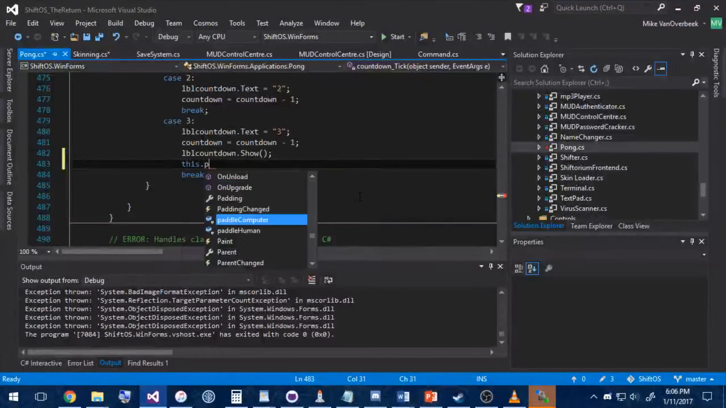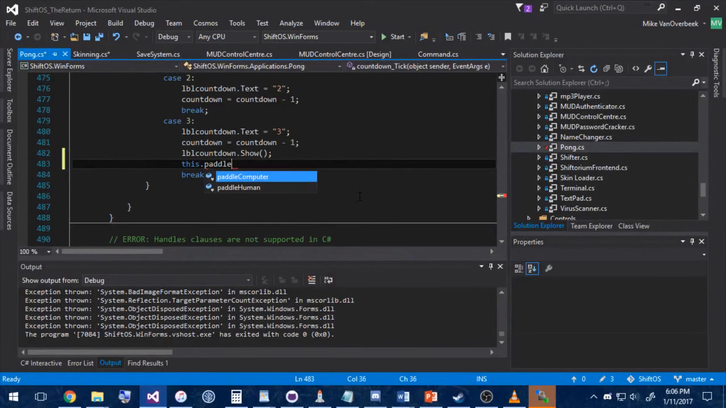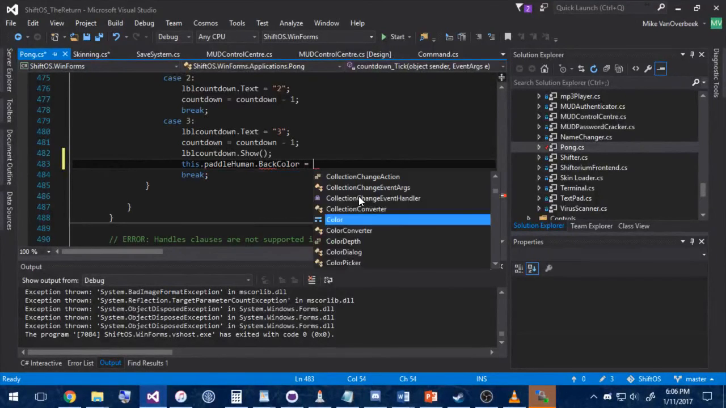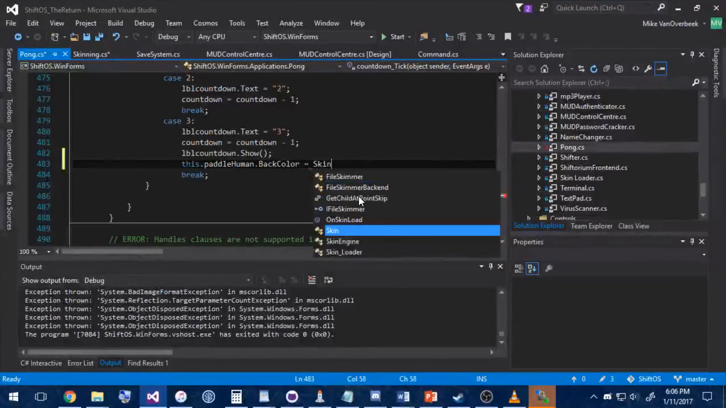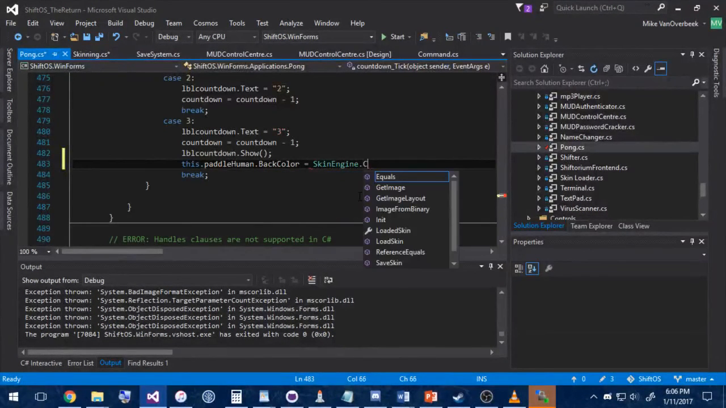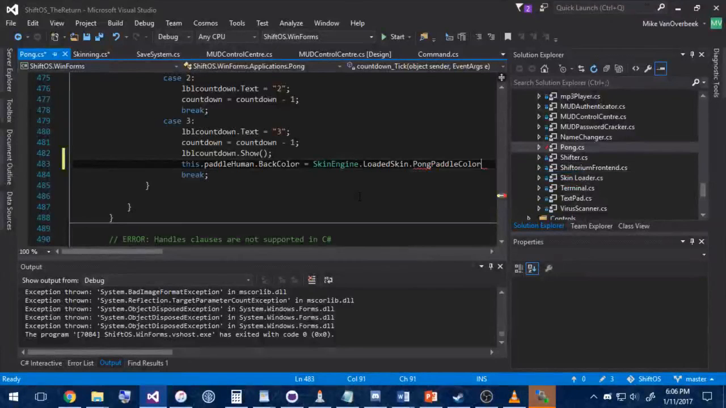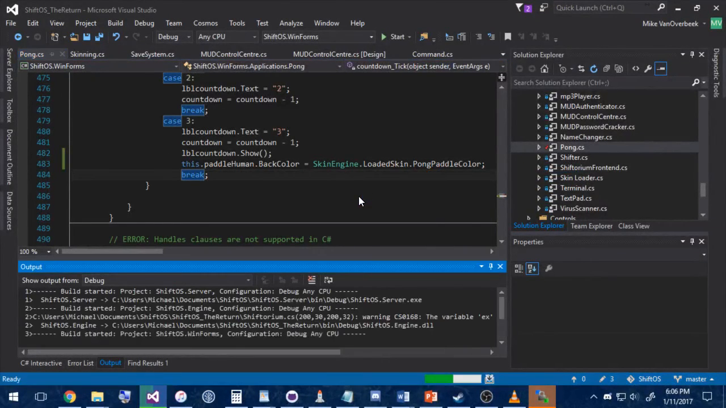So, PNL, or no, player, this dot paddle left. No, what did he call it? Paddle human. There we go. Back color, and to access the skinning variable within ShiftOS, what you can do is you can do skin engine dot current or dot loaded skin, sorry, and then Pong paddle color, and then when we go to play Pong,